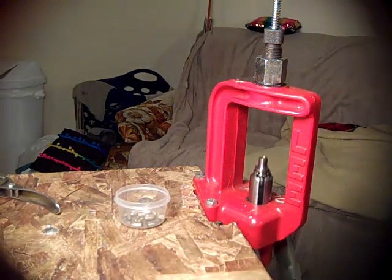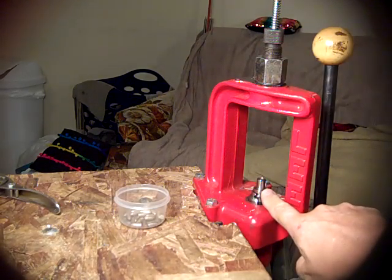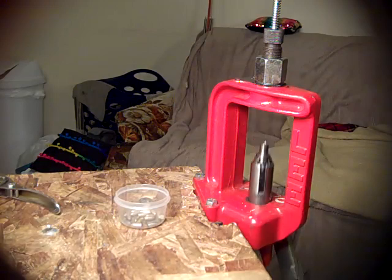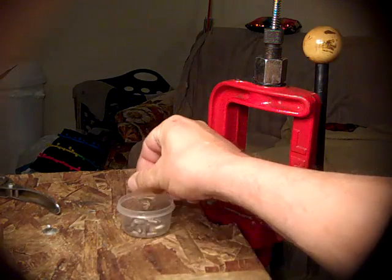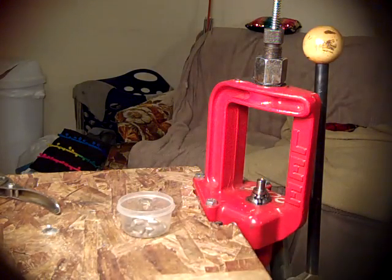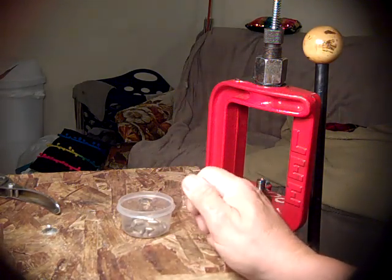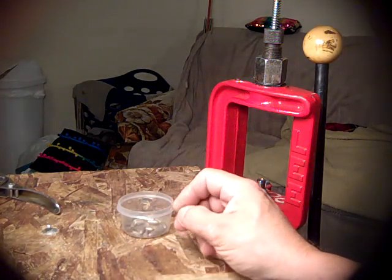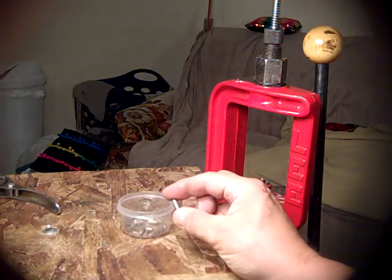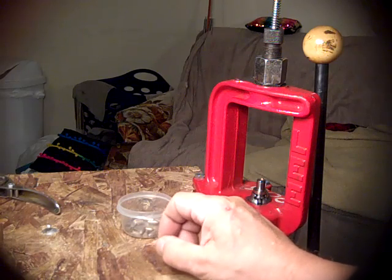This is the press. It's got the swaging die on top and the base swaging die on the bottom. I'll take that apart and show you that towards the end of the video. Now, I have here a bunch of little cores, which I made a mold to make, that come out around 41, 42 grains, just a little bigger, a little heavier than